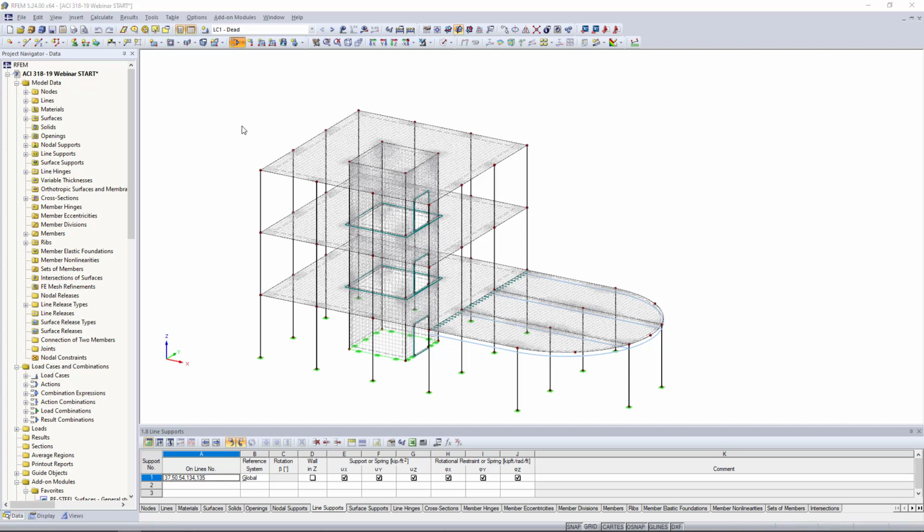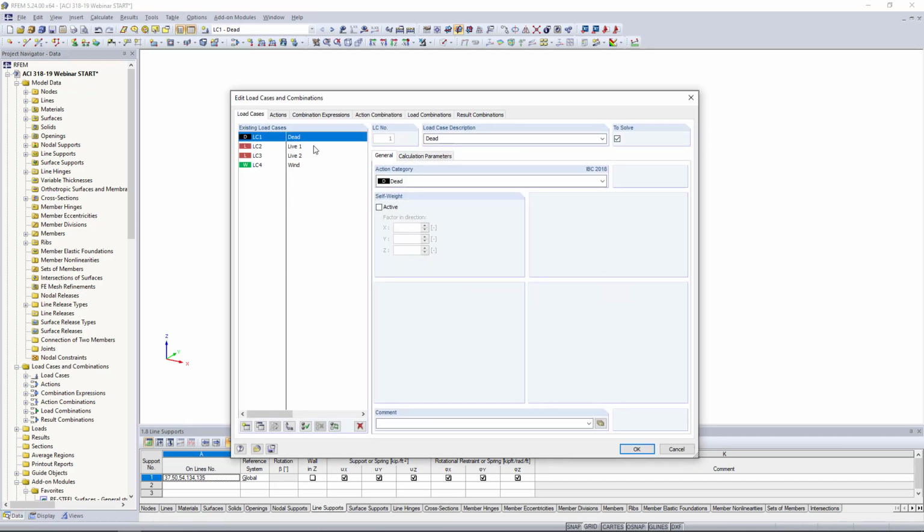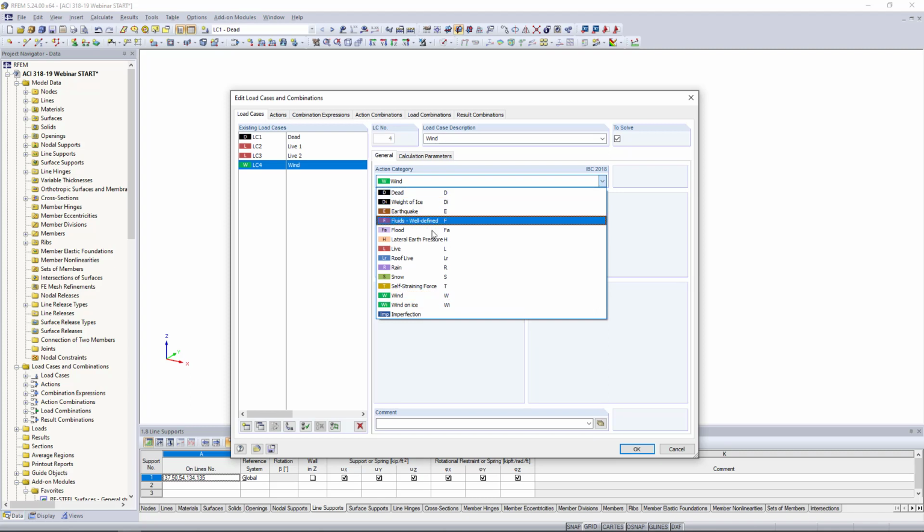loading. So under my load cases and combinations, you'll notice that I have created just a few load cases here. Now in reality, for a true model, we would probably want to set many more load cases than just this. But for today's example, we have a dead load case, a couple live load cases, a wind load case. Now these action categories are important because they set the load factors in our load combinations. And this is according to the IBC, because those are the load combinations that I'm generating for today according to